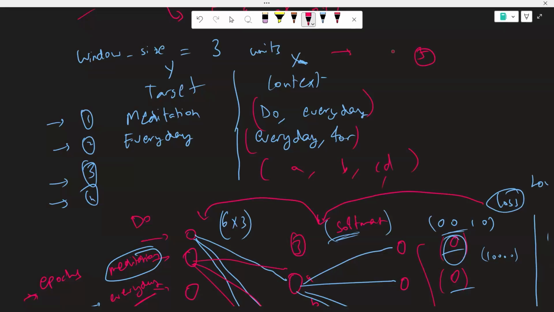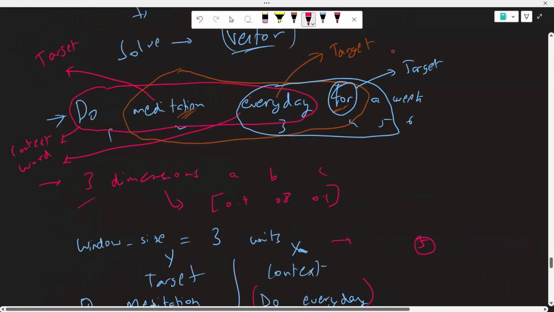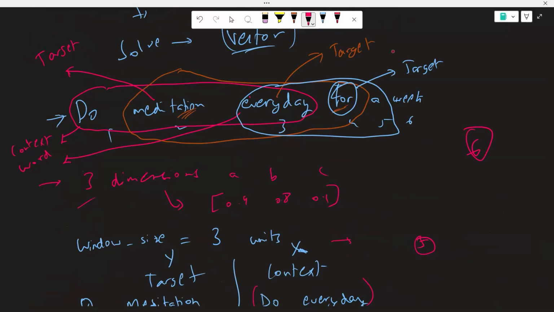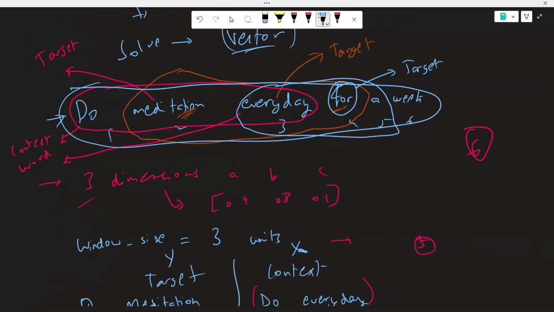But obviously, if you increase it too high, like if the window size is equal to the number of words in the sentence, say a window size of 6 units, what will happen? You will have only one window, because all the words will be covered in one window itself. There is nothing after that. So you should not have too high a window size, and you should not have too low a window size either. You should have something in between. It's again a hyperparameter.